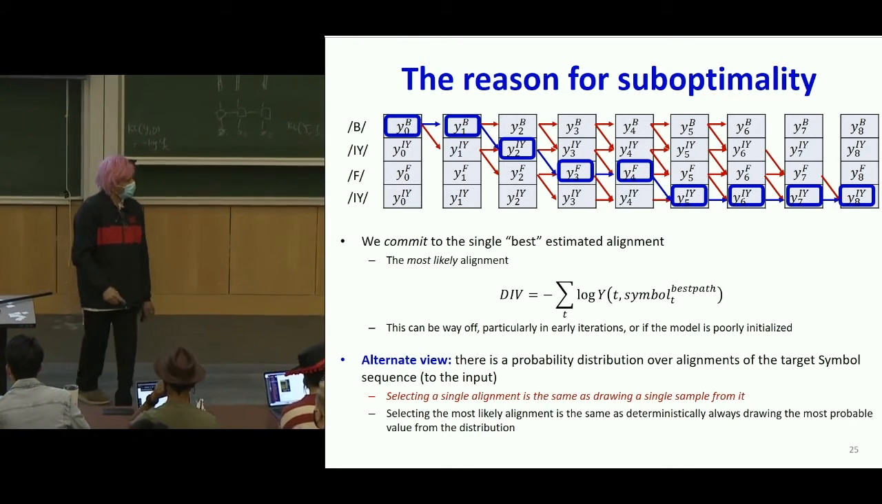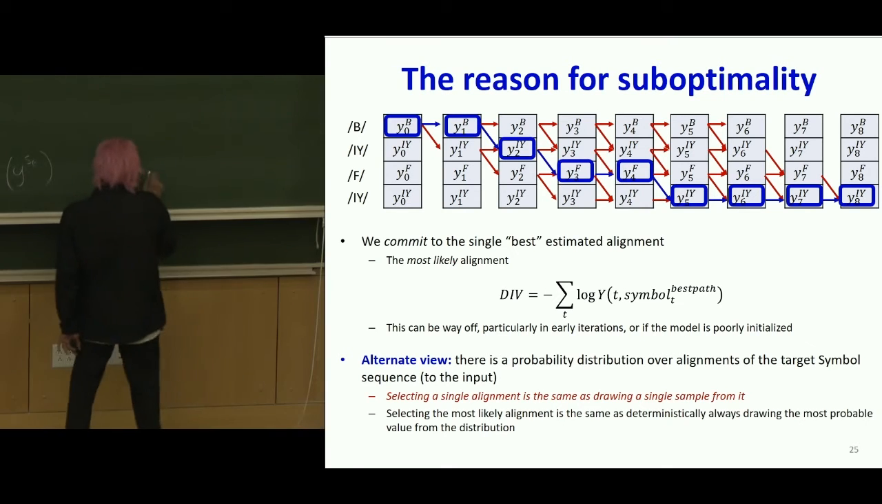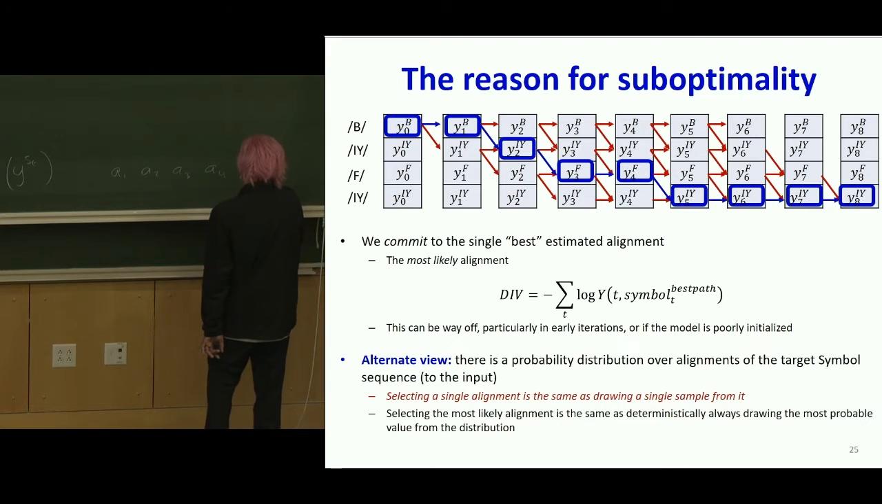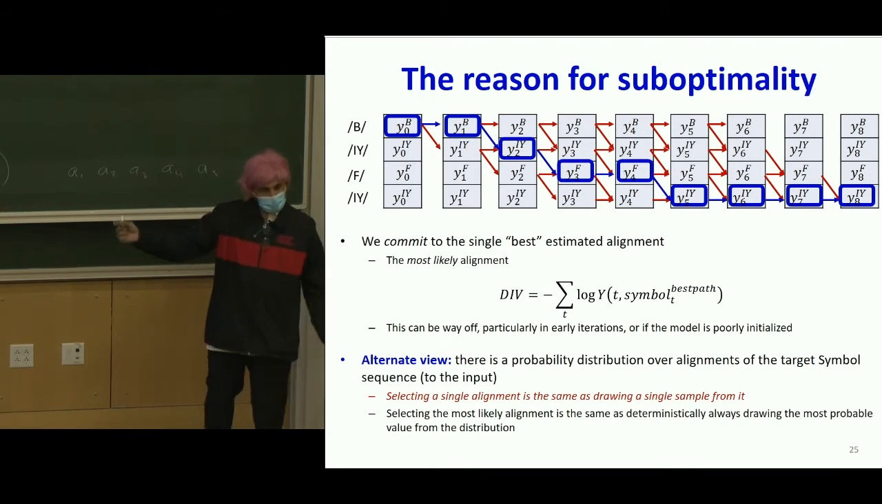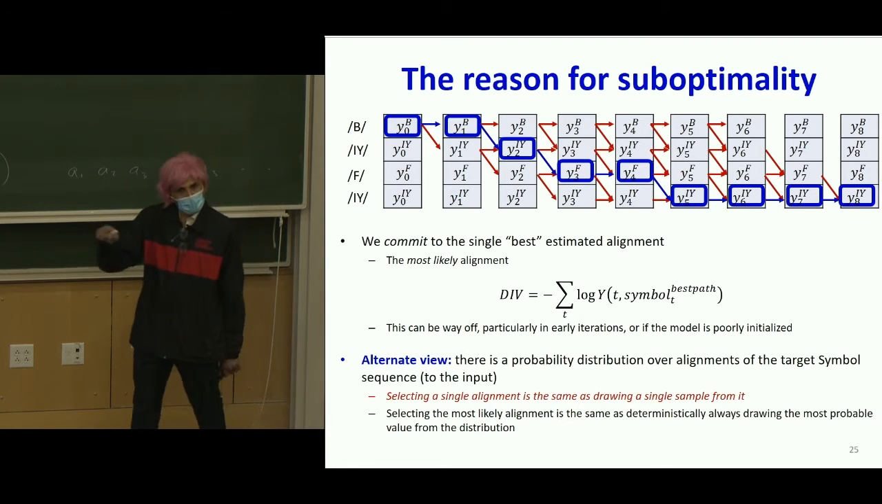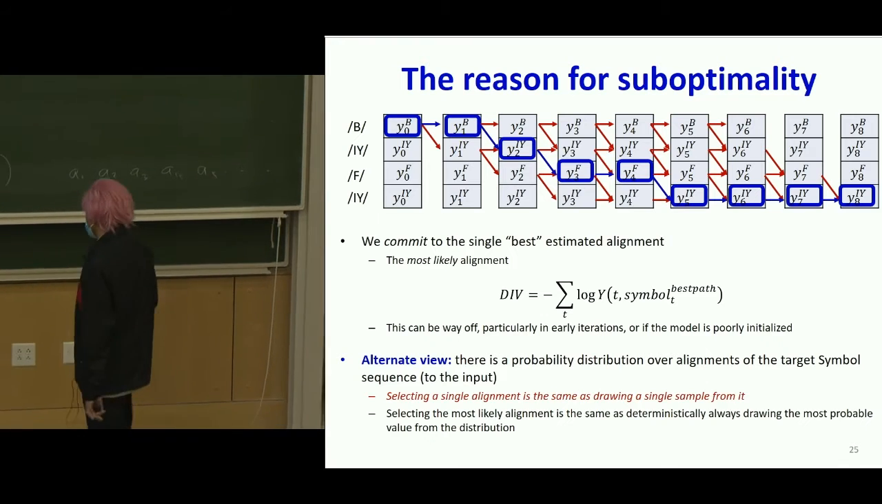We're only choosing, so we have a great many different alignments. Let me call them A1, A2, A3, A4, A5. These are all the alignments. Each alignment has a probability which is simply the product of the probabilities along the path, right? And all we did,